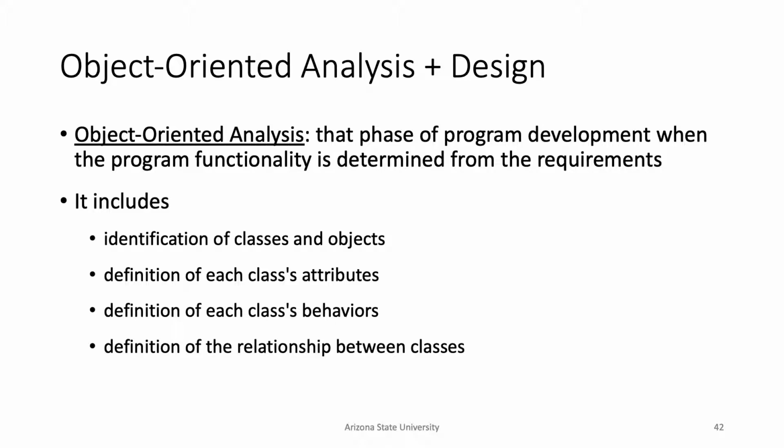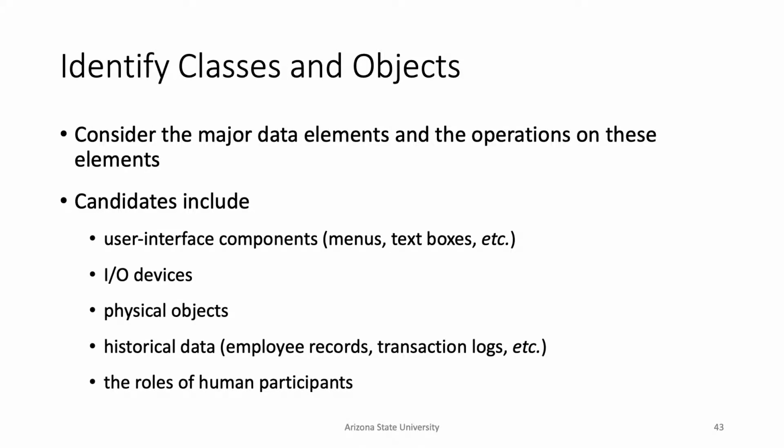So, for example, if you're making a set of programs or classes for ASU, you need to know, for example, a student for ASU, a professor for ASU, an instructor for ASU, an actual class for ASU. So here you would say, well, a class is going to contain student objects as well as one instructor object or maybe a professor object. It depends on the actual class. Then maybe the student object is going to have a name, an ID, and you need to be able to think about what types of things are going to be part of what objects. And then how do these classes relate to each other?